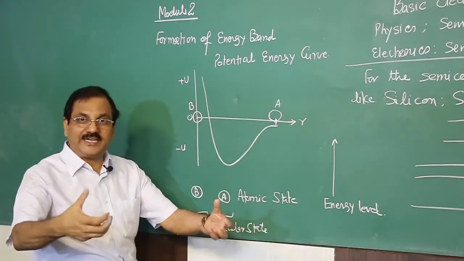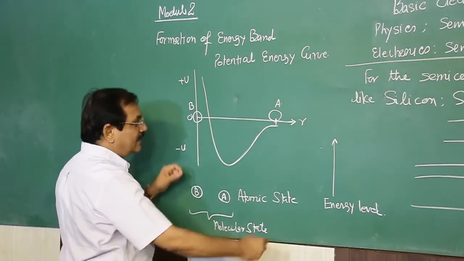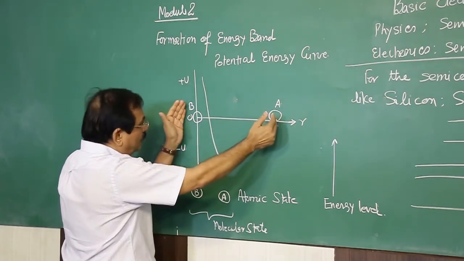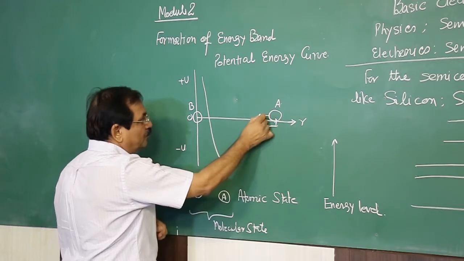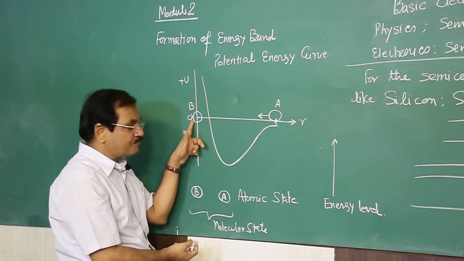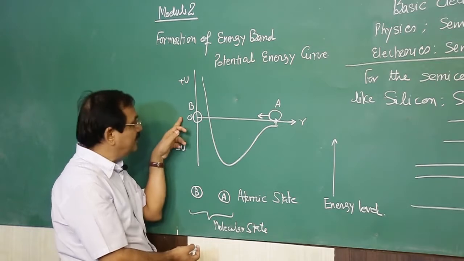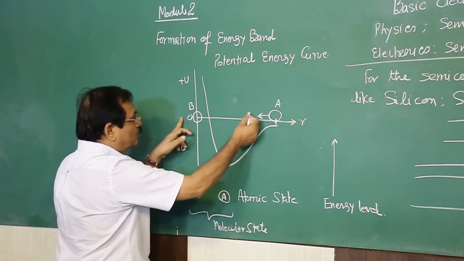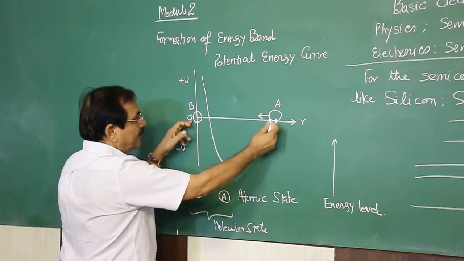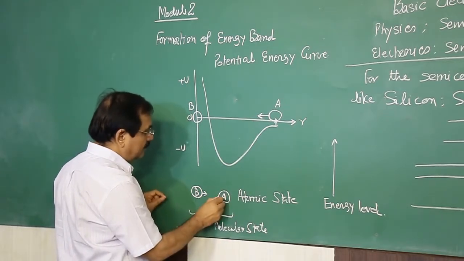There are two atoms separated at a certain distance, and when we bring them closer, we have to move one atom towards the other. In this case, B atom is fixed at the origin and A atom is moving towards B. So, when two atoms are interacting,